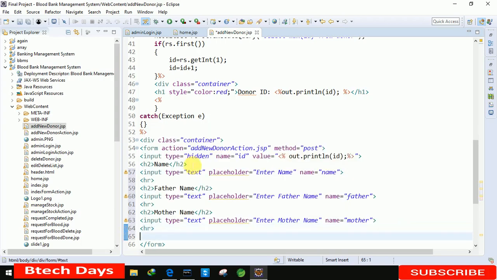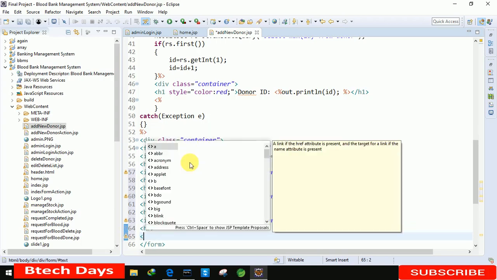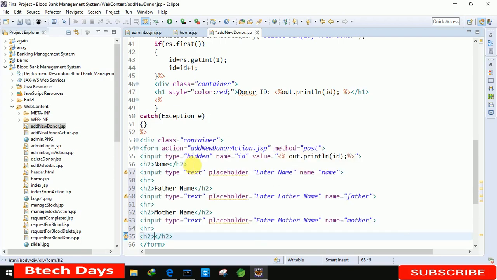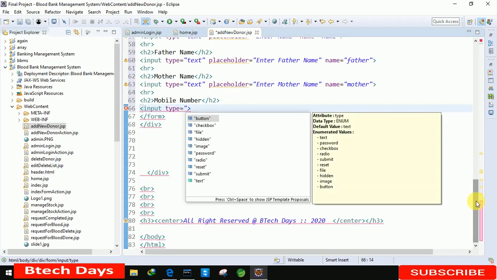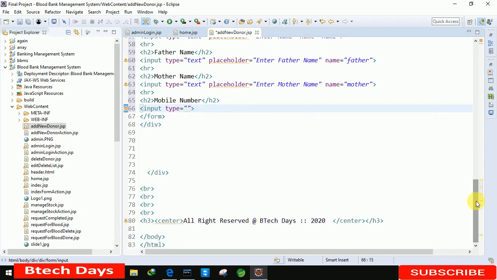Okay, after the mother, next one is we are taking for the mobile number. Okay, input, let me move a little bit down so you can see. Input type equals to, let me make it a number.